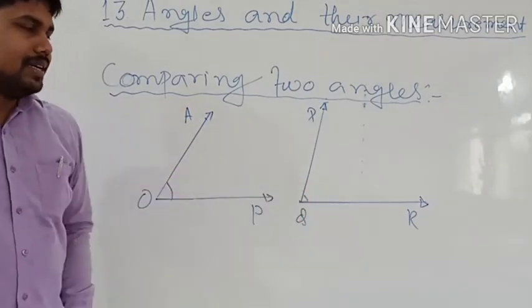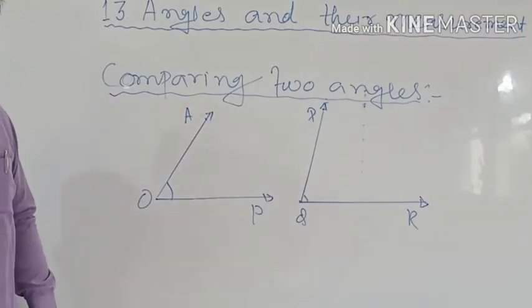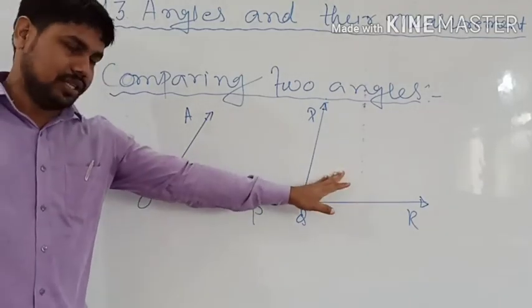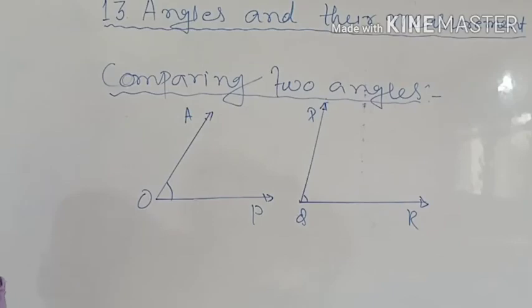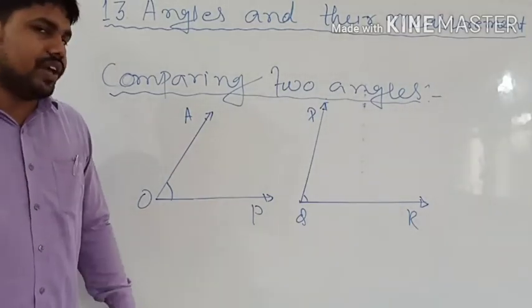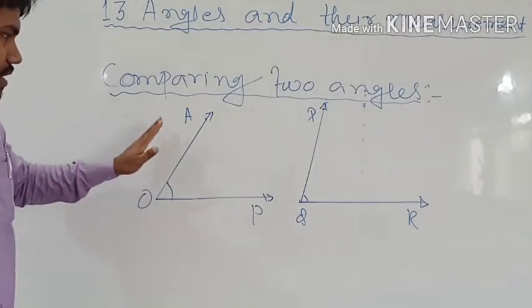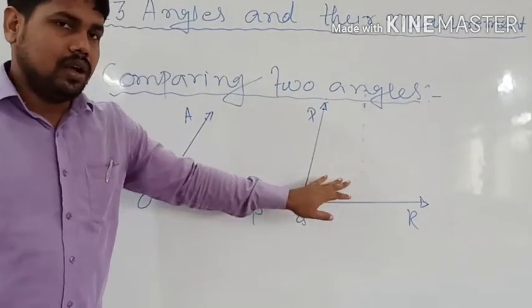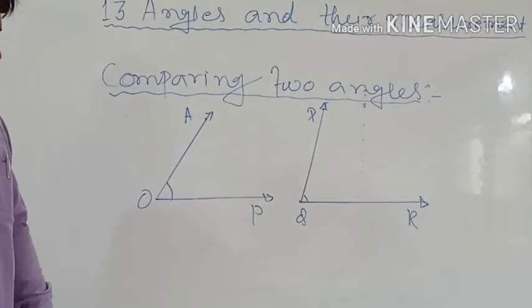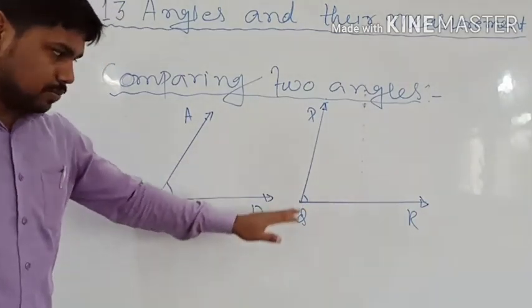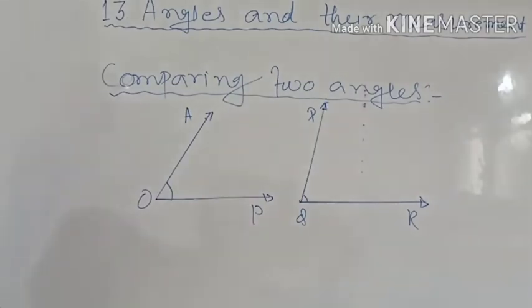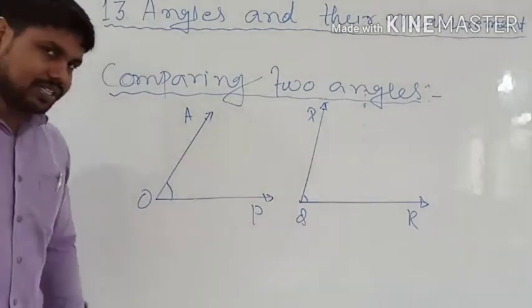But sometimes it becomes very difficult to understand which one is greater. So if you can do it by inspection, it is very good. If it is looking like this is smaller than this, it's okay, you can compare. But suppose both are looking similar, near about the same. So how can we say which one is greater and which one is smaller?